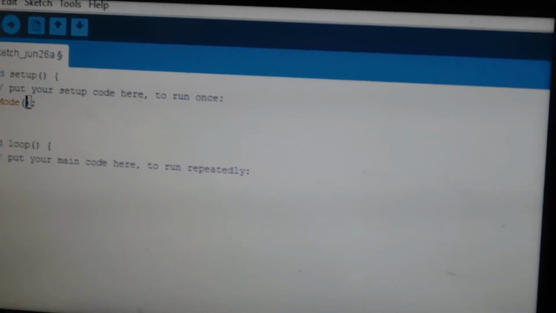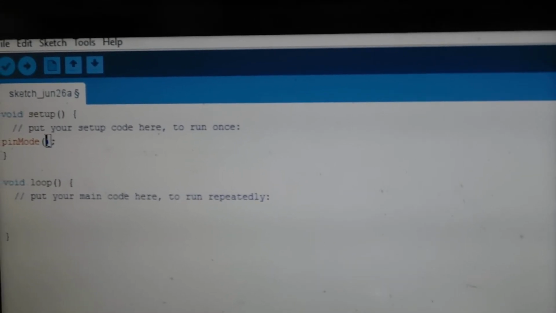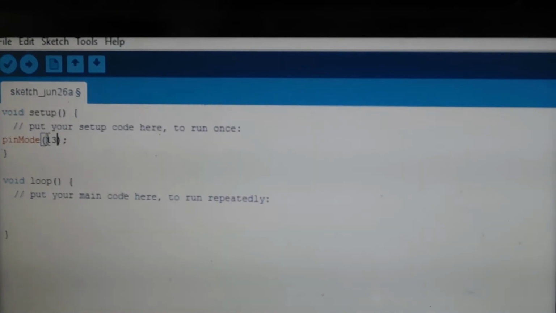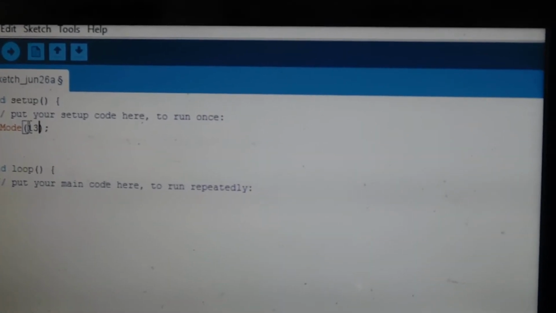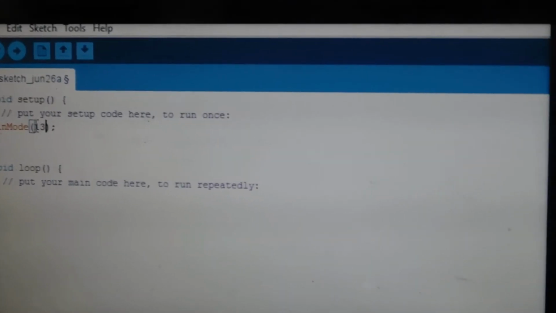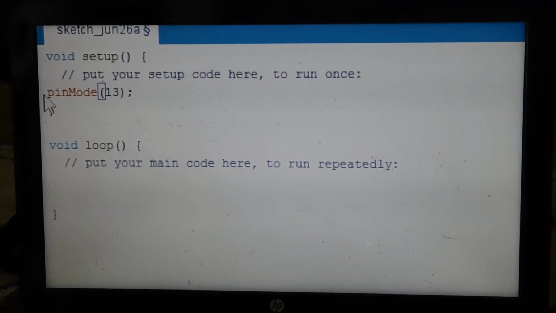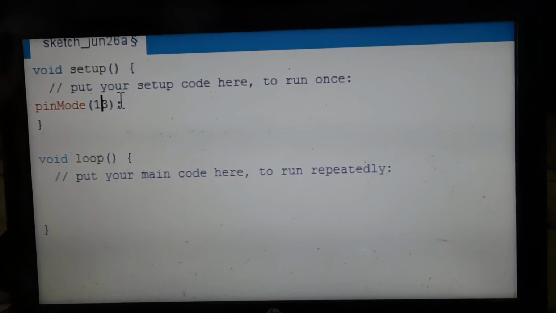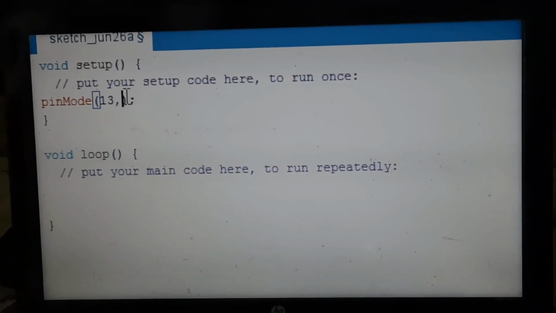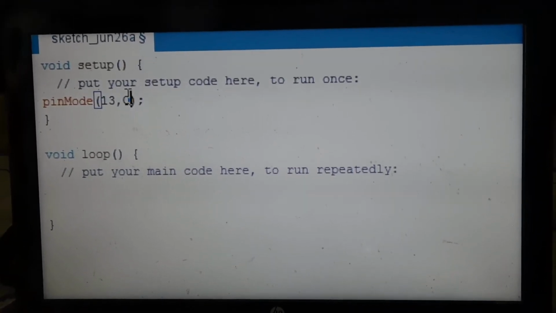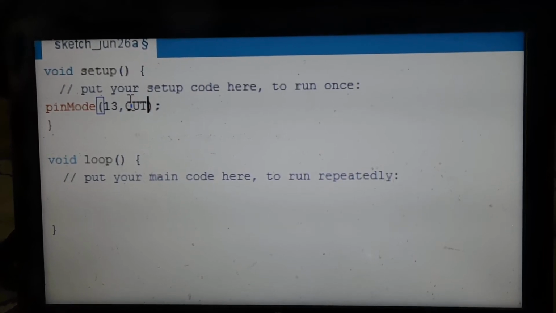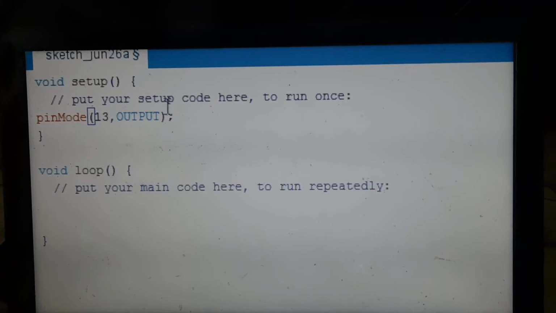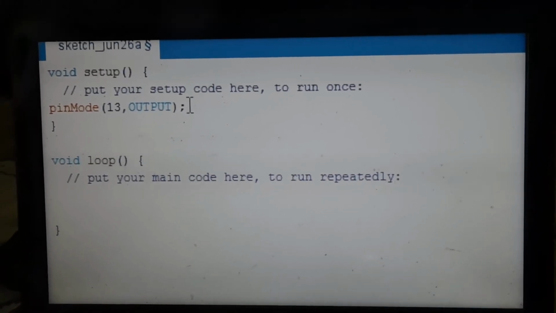So if I say pin number 13, I want to choose. Here this is the method pinMode. The pin you want to select, like I want to select pin number 13. Now what type of behavior I want this pin to have: say I want it to be an output type of pin, like it will give away anything.